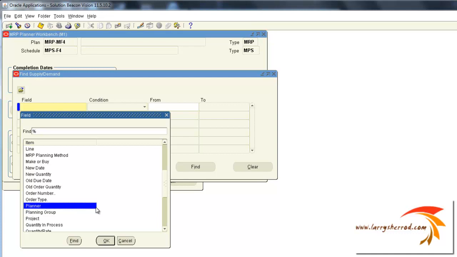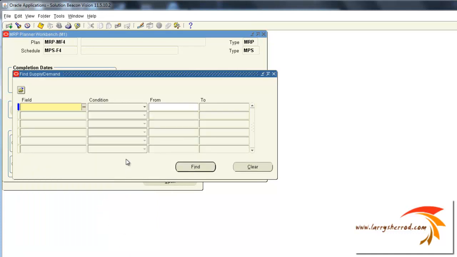If that's the case, then you may just want to run the query blind or wide open, as the term is called. You would just come down, not put anything in here, and hit the find button. Now be careful, do this sparingly, because if you're in a large instance with a lot of data, this query could take a long time. We're in a test instance that I have checked out, and it shouldn't take but a moment for this query